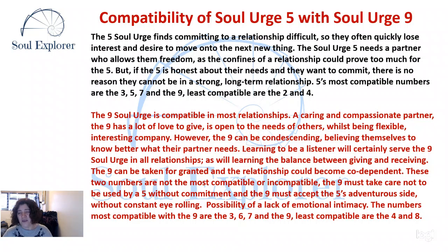However, the 9 can be quite condescending and believe themselves to know better, to be honest. Oh dear, sneezes. Right. So the 9, learning to be a listener, can serve the soul urge 9. And the soul urge 9 finds that a lot as they go through their life, as will learning the balance